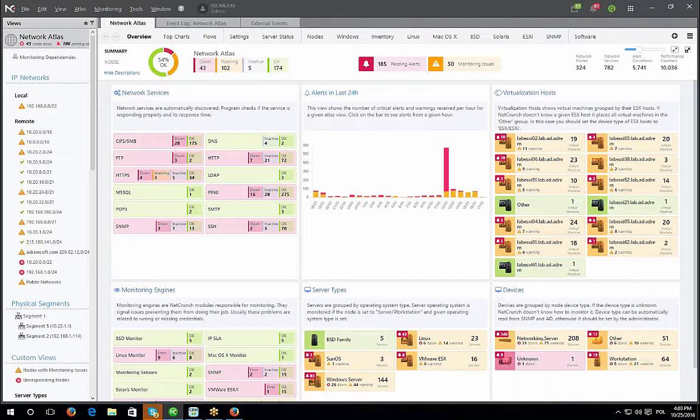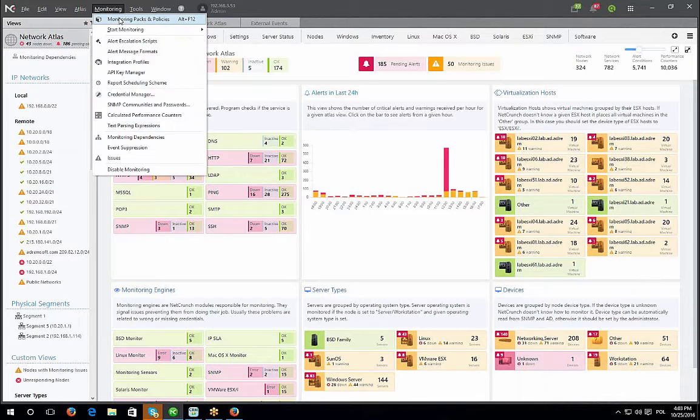the box. When you first get NetCrunch installed, what it's actually going to do, it's going to scan your network and identify your devices and then apply what we call device types to them. So everything that's a Cisco switch is going to be identified as a Cisco switch, Windows Server, and so on